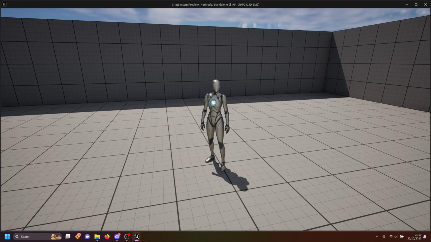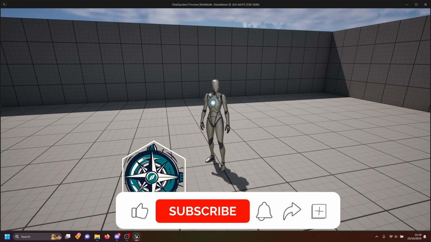There's a lot of stuff that we still have to implement. And of course, we still have to bring 2 different players and see how this message is going to be displayed across different players and different screens and stuff. But in the next episode, hopefully we're going to get to a point where we have the base system working, where we're going to be able to type a message, it's going to go to the channel, and then we're going to have our name, the message, the time, and then we're going to be able to replicate this